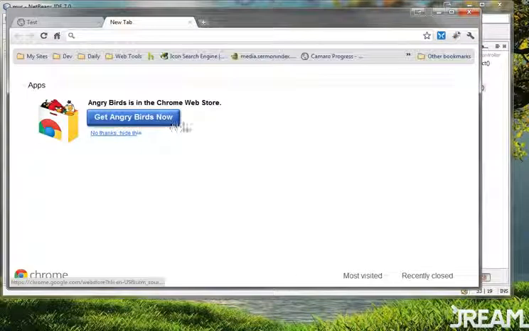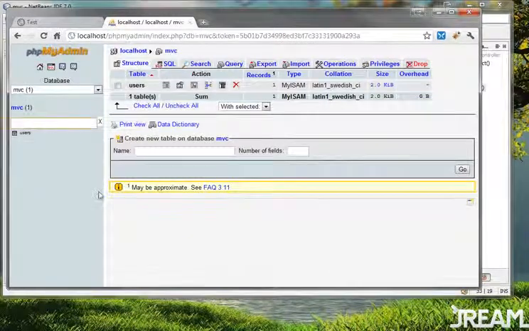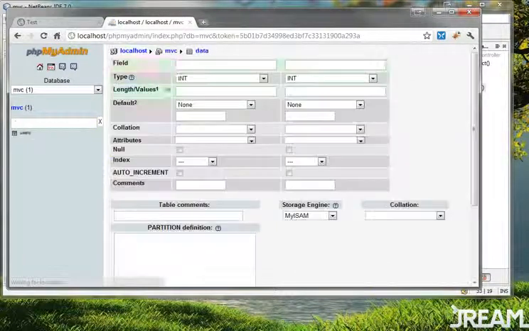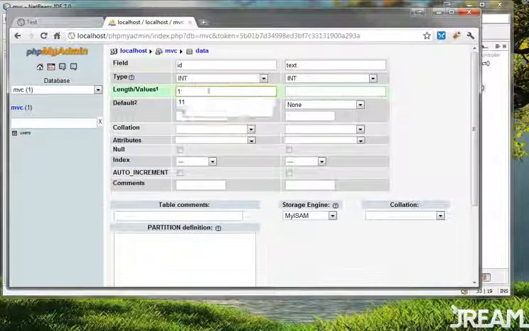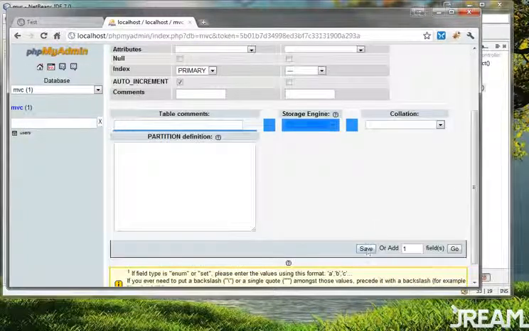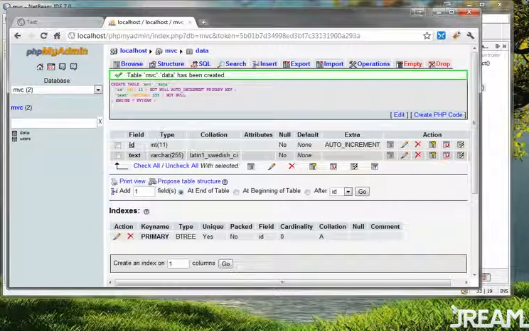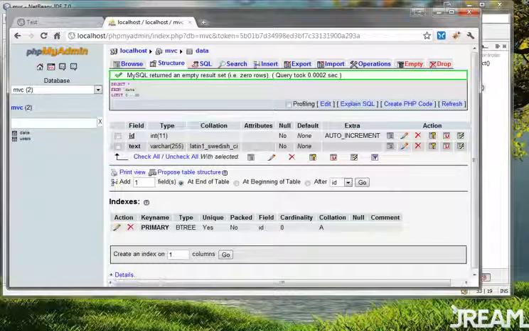So let me go to phpMyAdmin, MVC, and I'm going to create a new table called data with 2 fields. The first one we'll just call id, and this one text. I'll make this 11 long. This one will be varchar 55. Auto increment it, primary key. You've probably done this 100 times. And go. Whoops, save. Okay. And we're going to insert into the data table